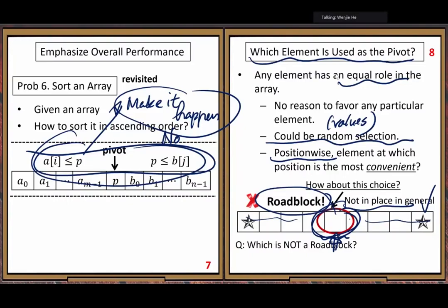You can freely move all the other elements around without worry about any interference from these two positions. Very, very easy. So this analysis tells us these two positions are the best, most convenient positions for our pivot elements.